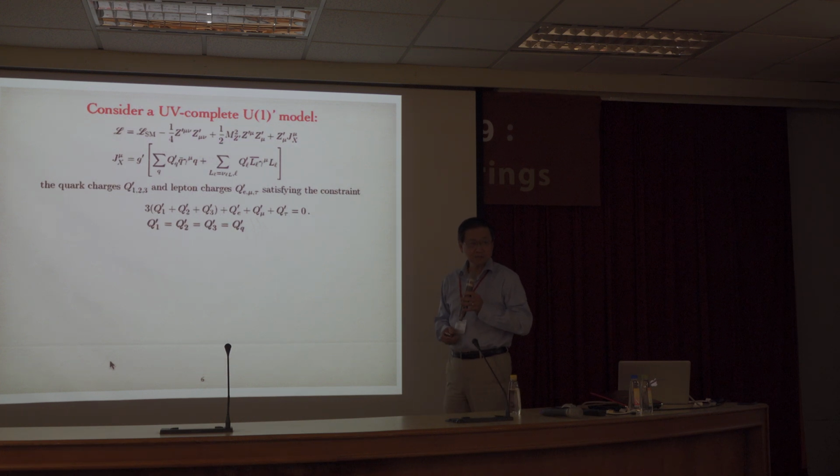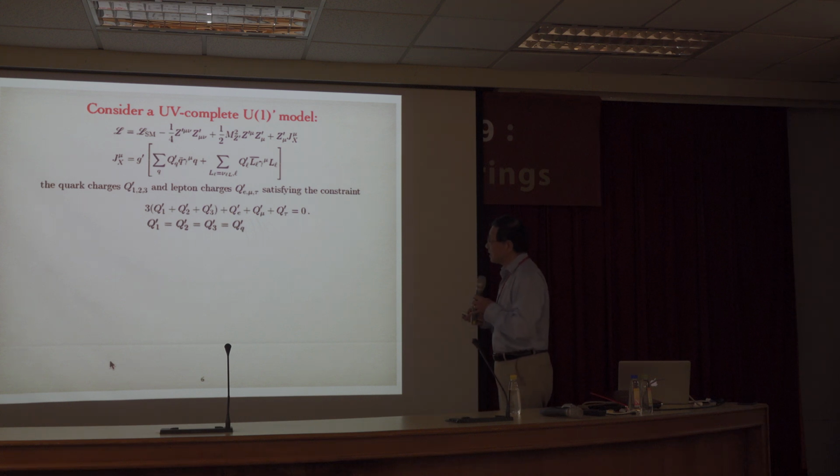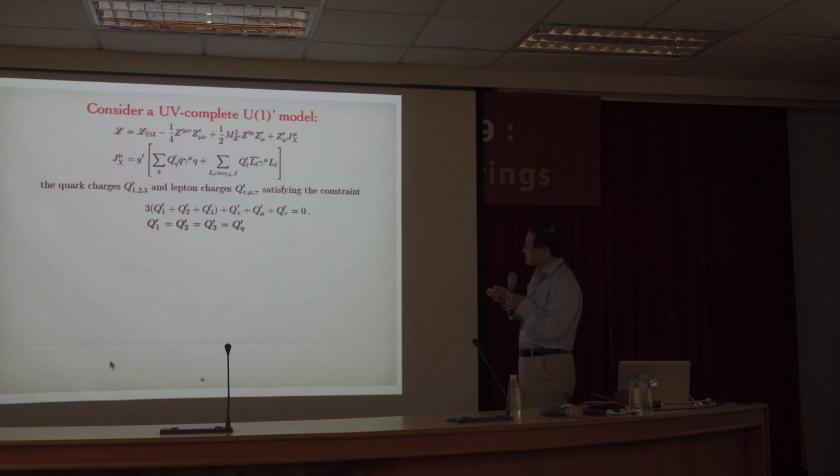The simplest possible UV completion you can think of would be just a Z prime. But of course, talking about UV completion, the Z prime cannot be totally arbitrary. You need to have it anomaly free and these kinds of simple requirements. So this is a simple formulation with a